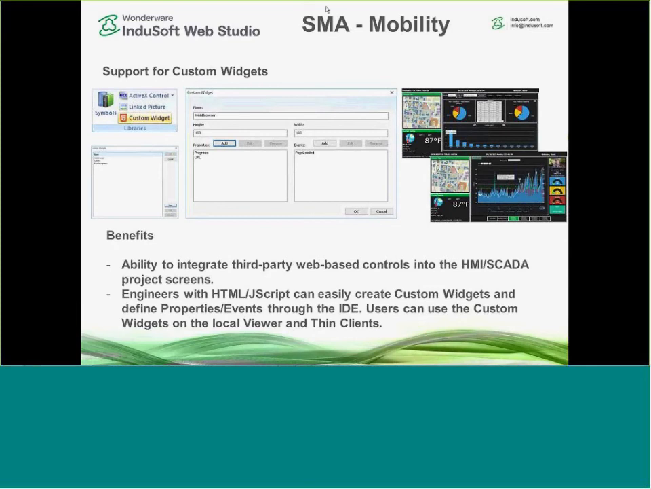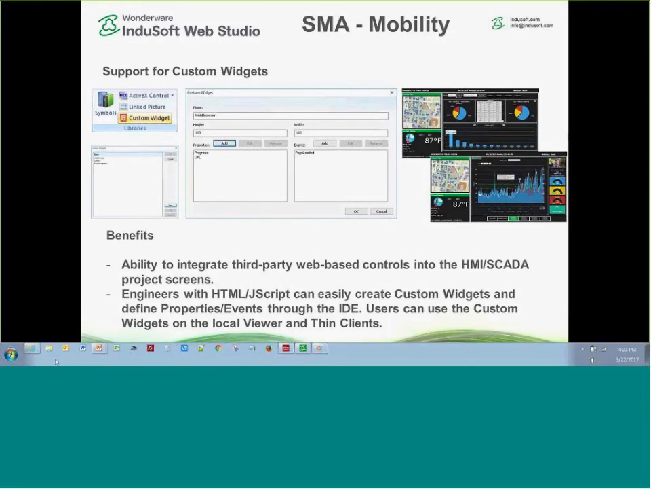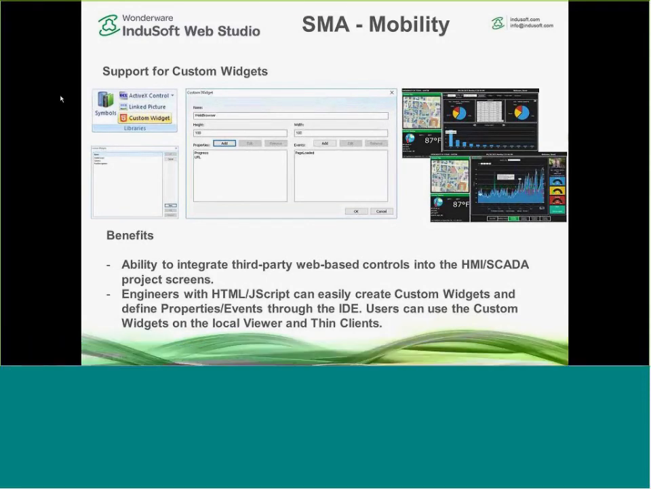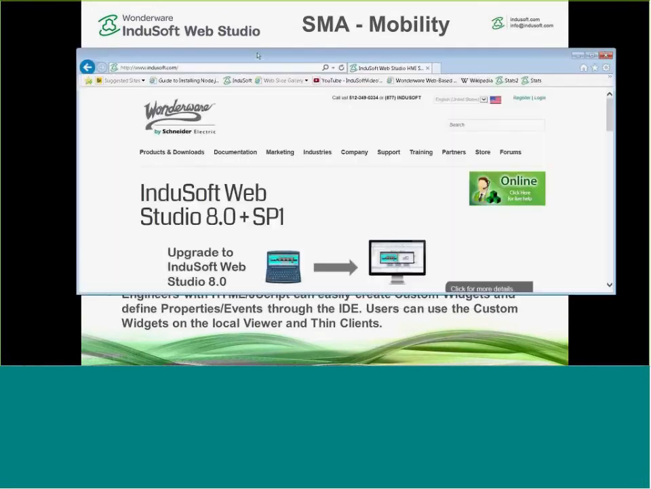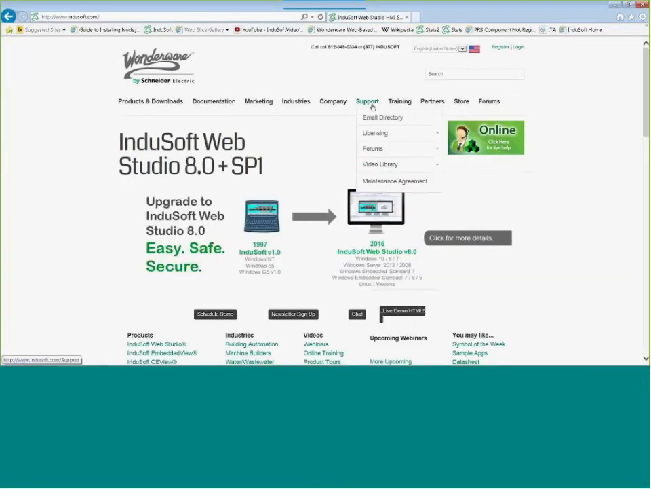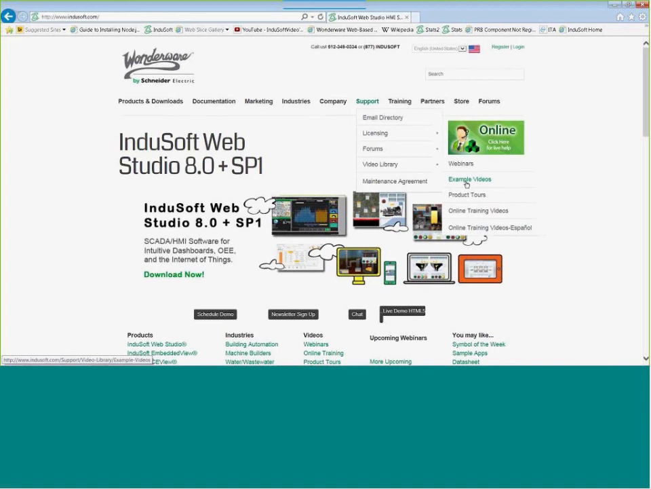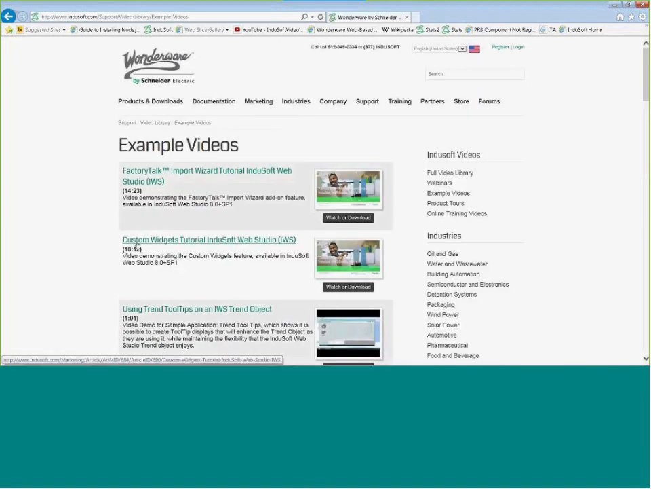A question is, will there be a webinar specifically for custom widgets? Currently we don't plan on doing a webinar, but I will show you this. Let me pull in the website here. I'll see if I can find this. There is a section here on example videos, and I hope I'm going to the right place. Yeah, here's a custom widgets tutorial. So it's about 18 minutes long, and we walk you through how to bring in the JavaScript and HTML, put those into your project,